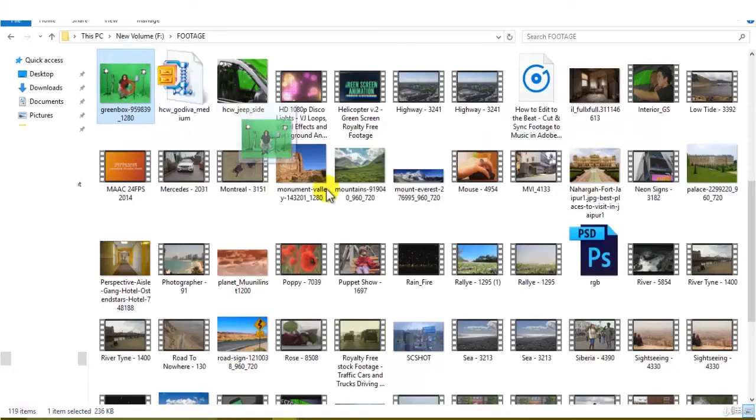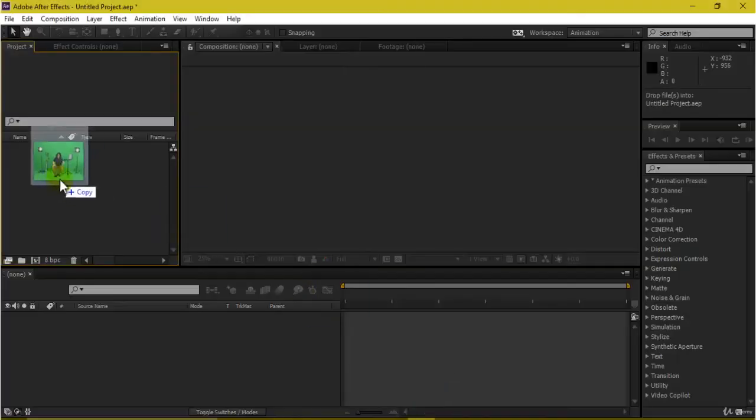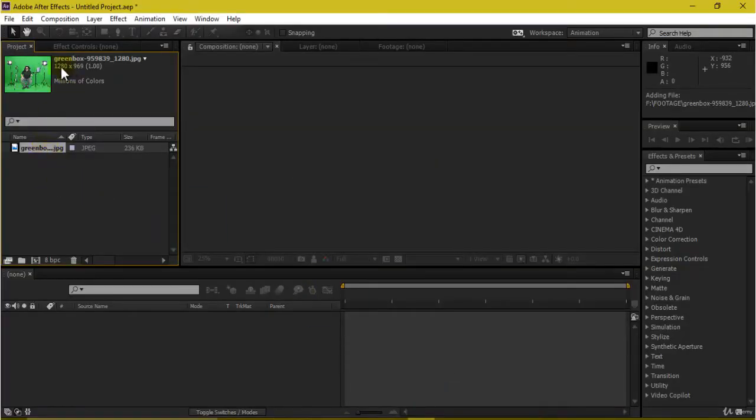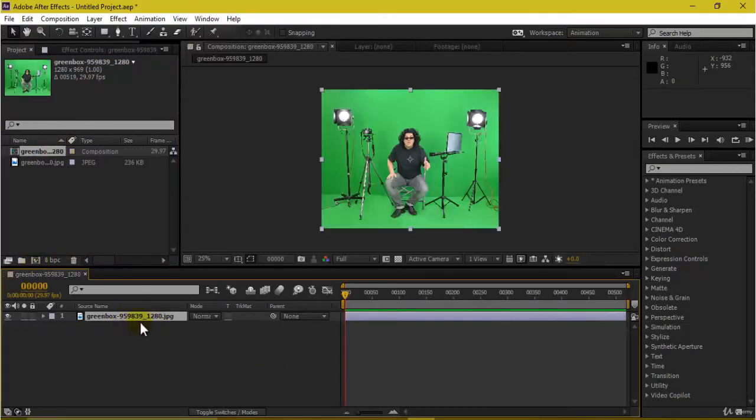What we'll be doing is giving it a very professional, studio kind of setup. As you can see, it's just a wall, so I'll be replacing it. First I'll be keying this out, and then I will be replacing it with my background. Since it's a single frame, you can just drag and drop it in After Effects, and it's in 1280. Drag and drop it over here so that a new comp is opened.